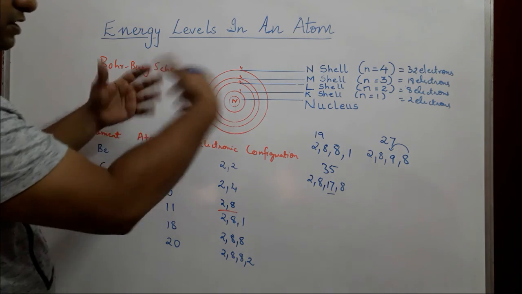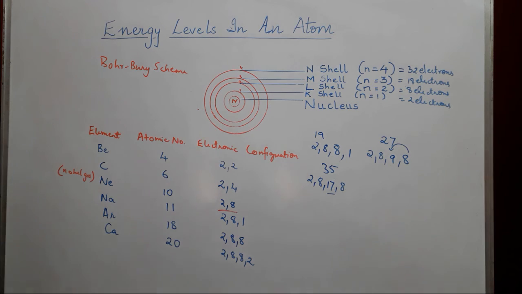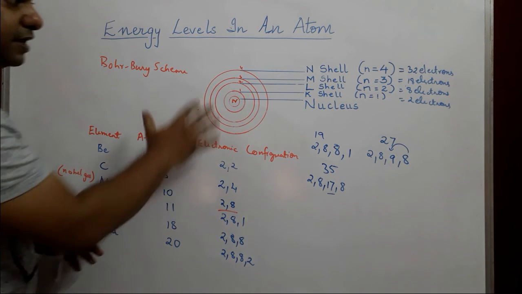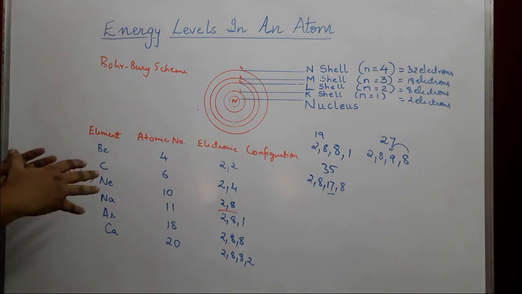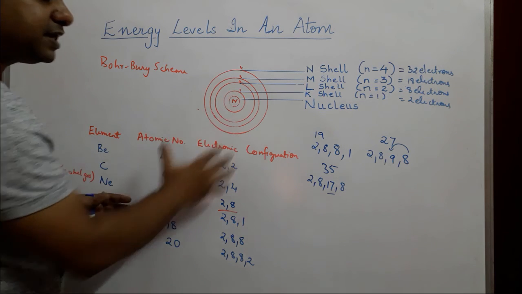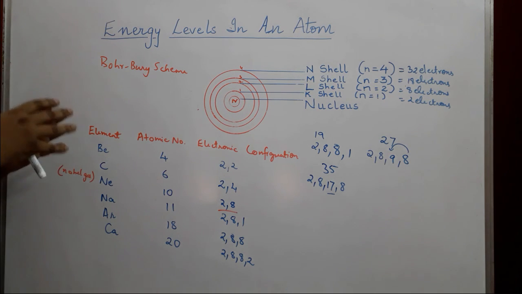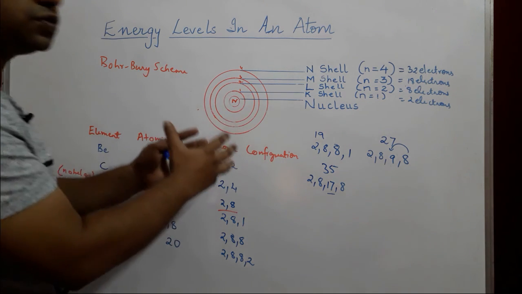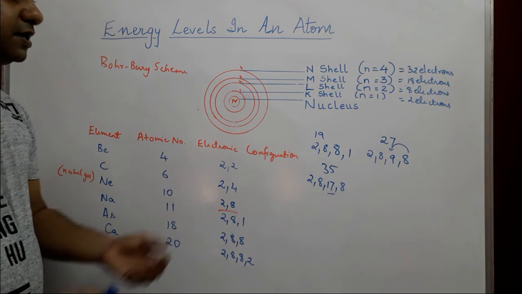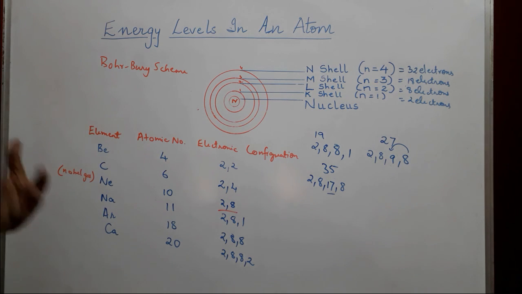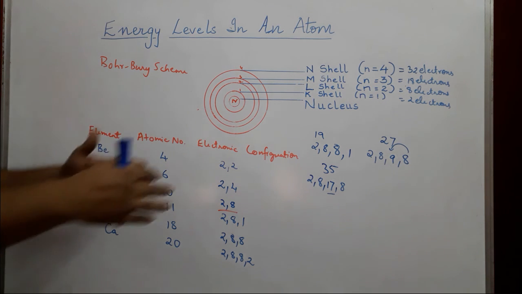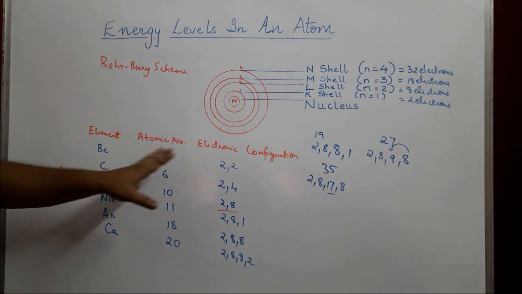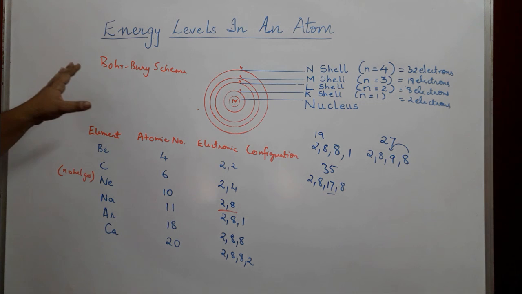So in the next video we will learn the concept of electrons present within the outermost shell. They are called valence electrons, and they are extremely important in chemistry and physics to understand how various atoms bond with each other. It gives you a lot of insight into the chemical bonding nature. But we'll leave it for another video. For now, we'll leave it at this, where we have now learned about the electronic configuration of various elements based on their atomic numbers.